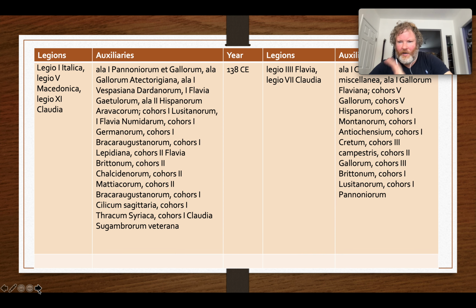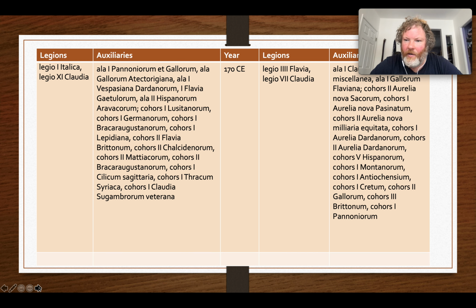And you can jump a bit later, and I didn't highlight it here, but 138, eyeballing it, there are fewer auxiliary units. And we know that there had been lots of changes in that period as well. And we can go ahead one more year and see pretty consistent numbers now, around 170. So these are not necessarily arbitrary chunks. The four dates